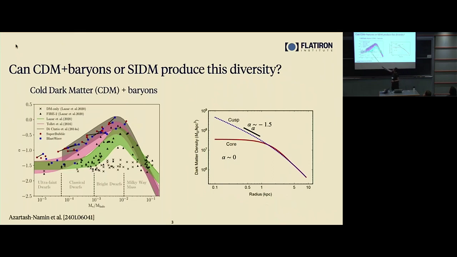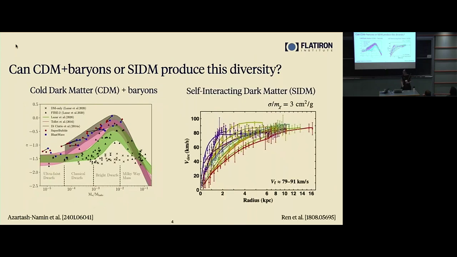So the dark matter only prediction is shown in these black X's, and this is consistent with a slope of negative 1.5, independent of the mass scale. But once you include baryons, this slope changes, depending on whether you're looking at bright dwarfs, where the profile is more cored, compared to the classical or ultra-faint end, where it is more cuspy. And the scatter in this slope will translate to differences in how fast or slow the rotation curve rises in the central region. So that's a CDM prediction.